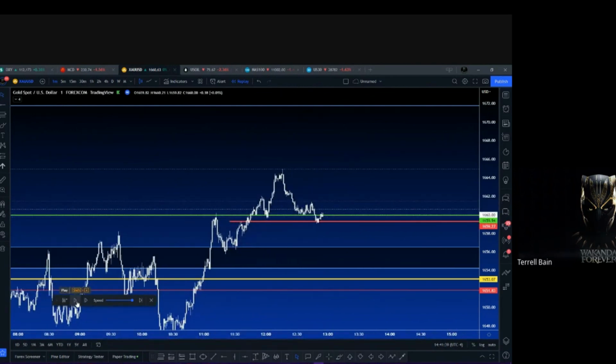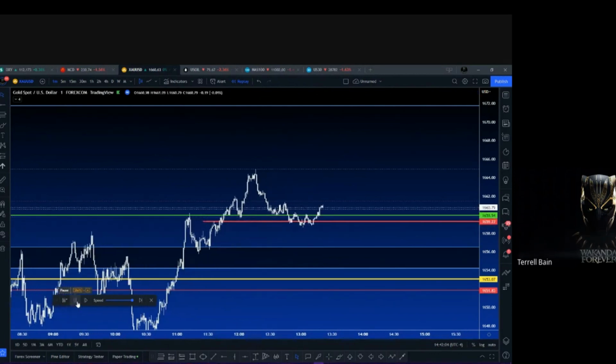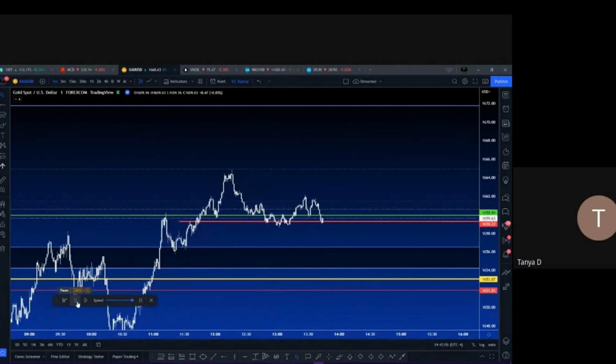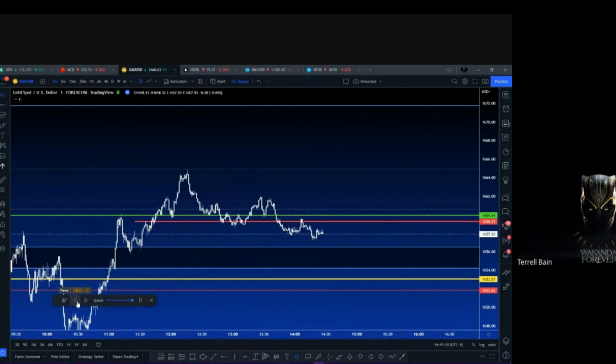Boom. What happened? You got stopped out. Exactly. But did I lose the trade? Nope. You see what I'm saying? But you see why I didn't want to place my stop loss right below the V? Because look how it got there. It played around a little bit, and then it just went below it just a little bit. And now let's see what it does. Oh no! Look. So okay, just doing this thing.